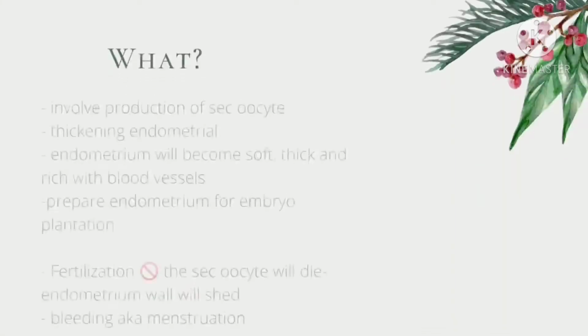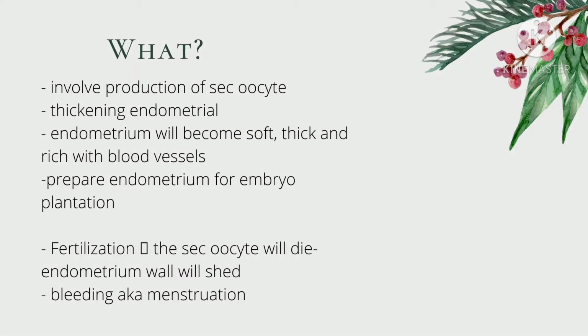Okay, so first of all, what is menstrual cycle? Menstrual cycle involves the production of secondary oocyte